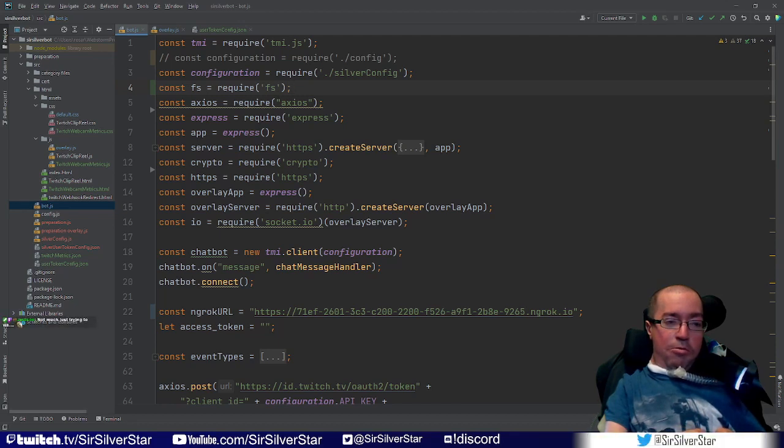So the first thing that we're going to need to import is what's called a user token. Now, this user token is similar to our Twitch access token in that it allows us to make direct calls to the Twitch API. However, the difference is that the user token allows us to access information that is specific to a given user. So in our case, we are trying to access information specific to my Twitch account,